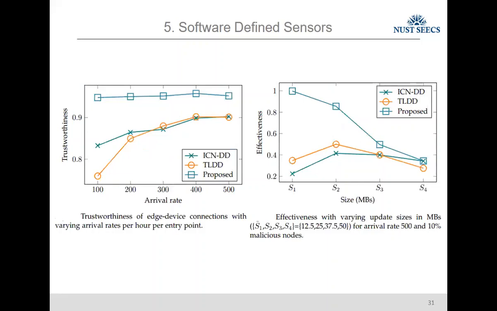Okay, so this is trustworthiness. The malicious node is there, so we have to identify the trustworthiness of each vehicle. Every vehicle is monitored at the fog node, and every vehicle has a certain amount of time to forward this update to another vehicle. If during that period they do not establish a connection with another vehicle, we eliminate them from our network and mark them as untrusted vehicles. Based on that, we computed the trustworthiness and the effectiveness of our proposed framework.